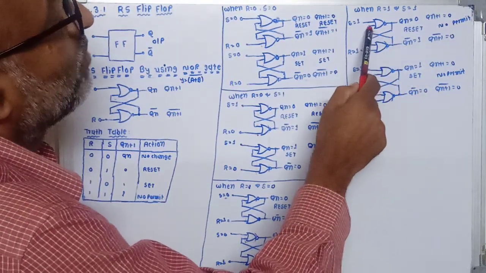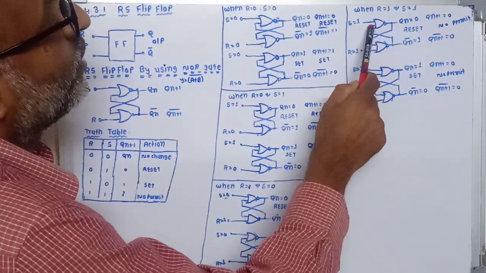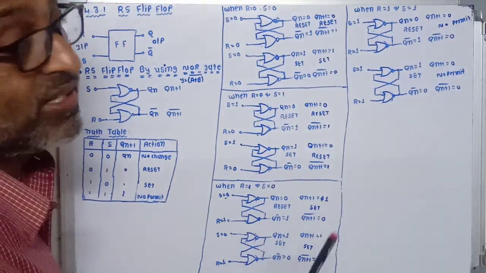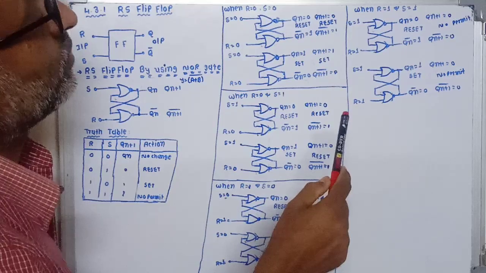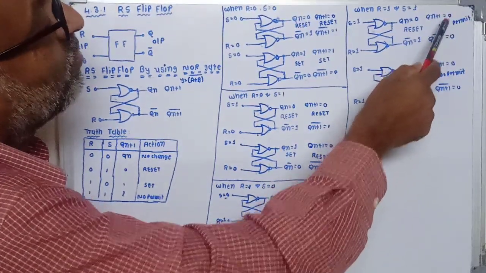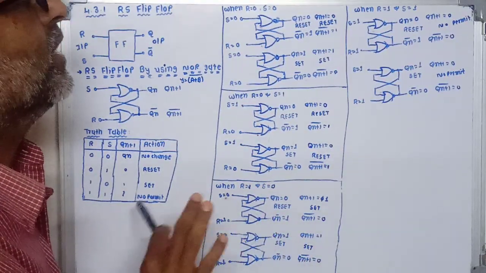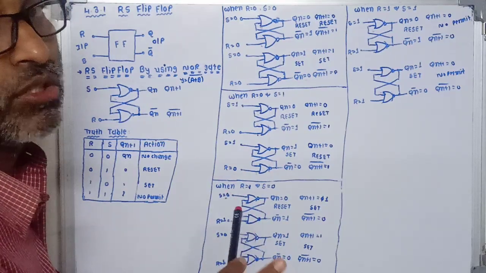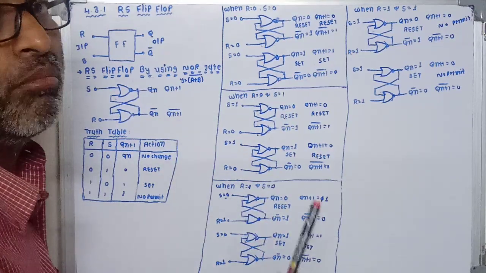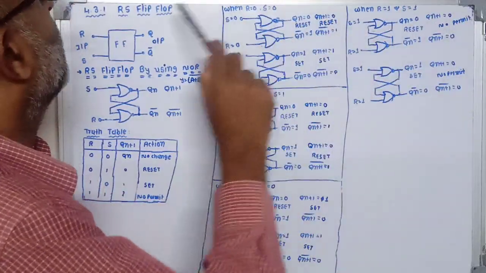Now this 0 is available at the upper input terminal of this upper NOR gate. 1 plus 0 is 1 and inverted 0. And our flip-flop becomes steady state. So you can say that the outputs Qn+1 and Qn+1 bar both are at 0 level, and it is not permitted by the flip-flop, because already I told you the outputs of this flip-flop must be complementary to each other. So this condition is not allowed by this flip-flop.